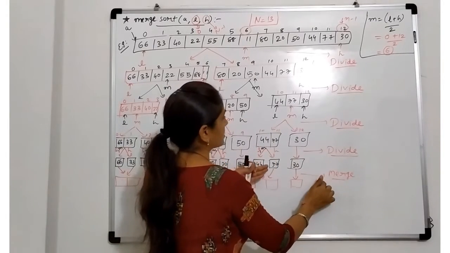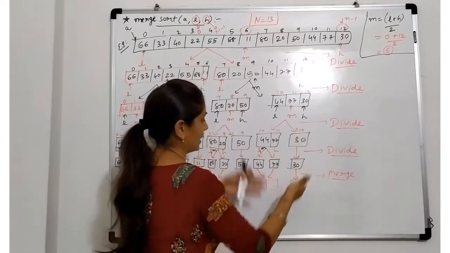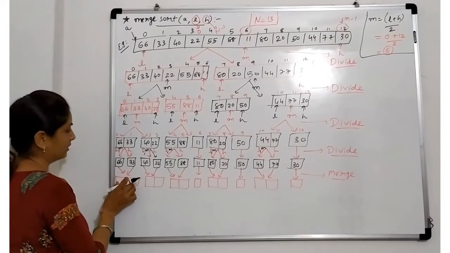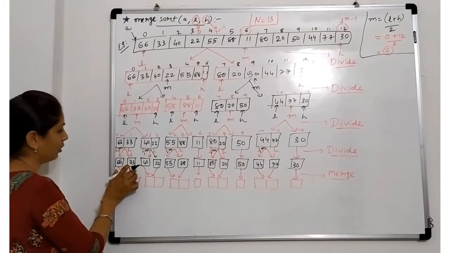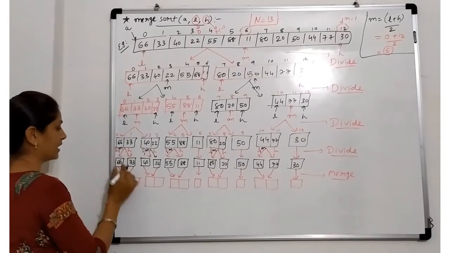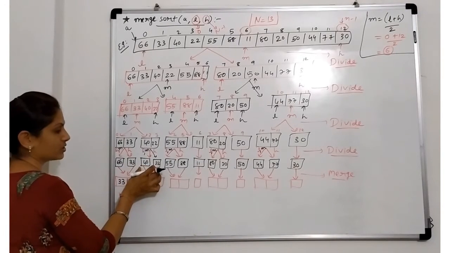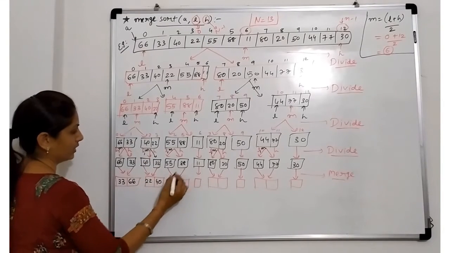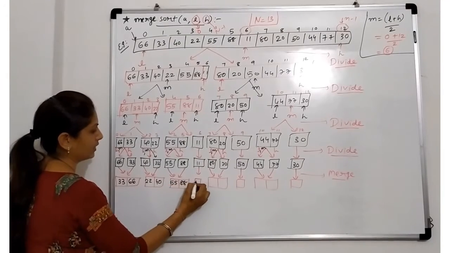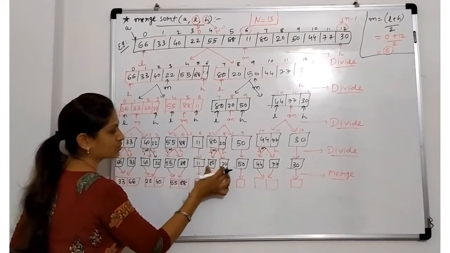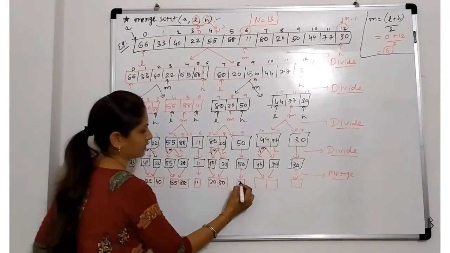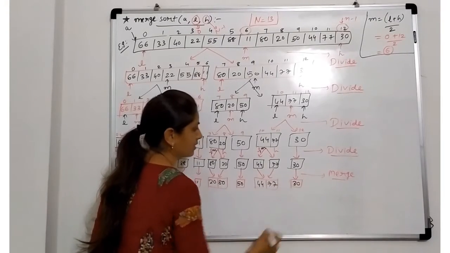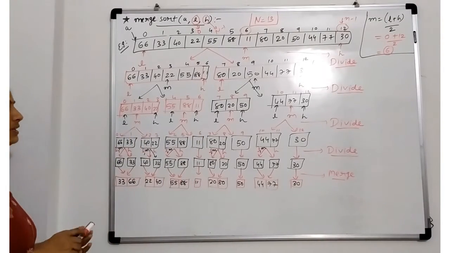Now after completing this step, we go back to the division and combine again. Whenever we combine 2 elements, we have to write them in sorted order. So first is 33 and then 66. Now these 2: first 22 and then 40. In these 2, first 55, 88. This is already separated. Now in these 2, first is 20, 80. Then 50. In these 2, first is 44, then 77, and last is 30. The first merge step is completed.